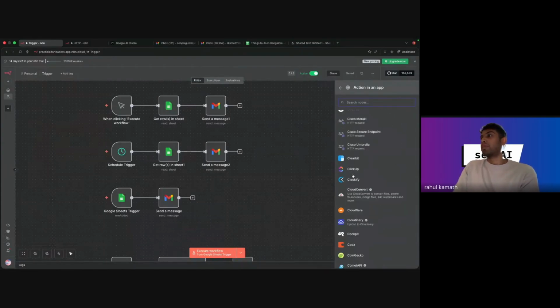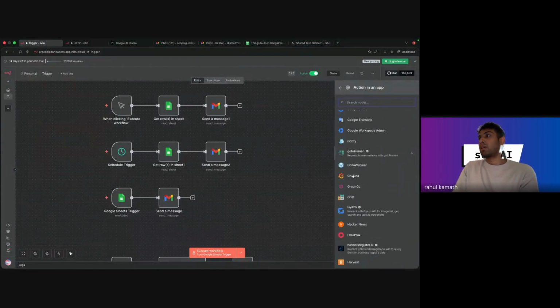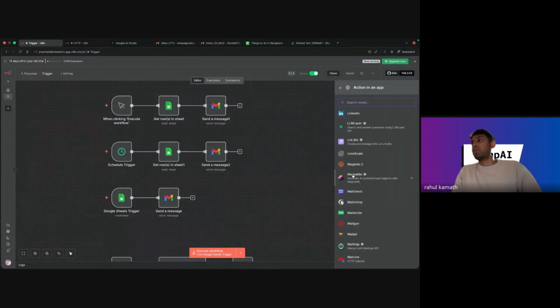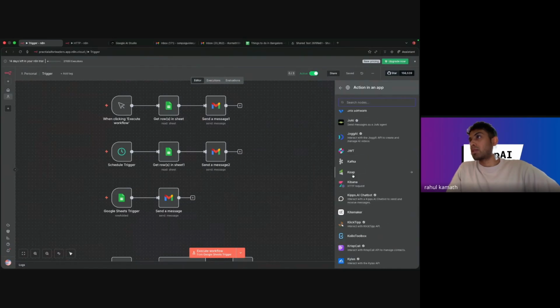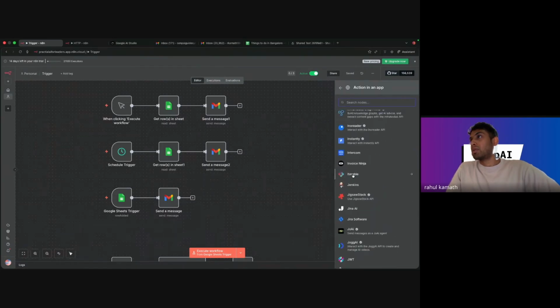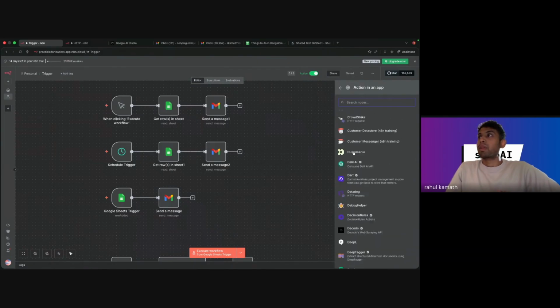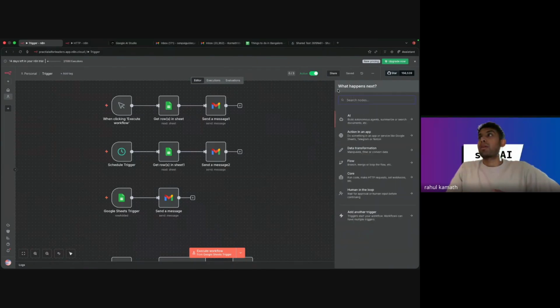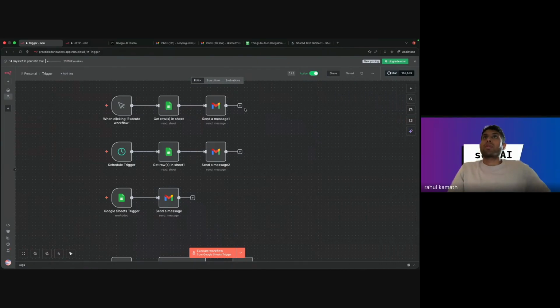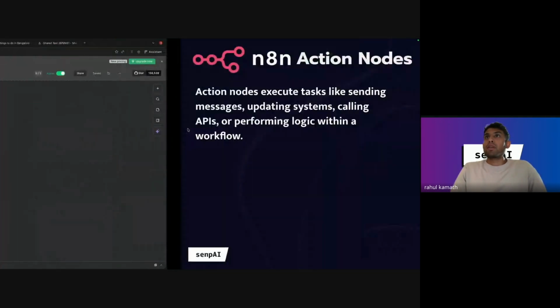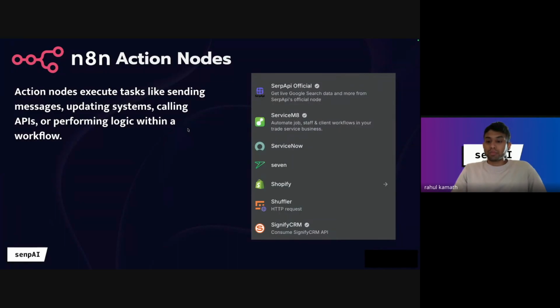You can see it has too many SaaS companies it has integrations with. Name a company and mostly it is going to be there. And even if it is not there, you can make a custom API call to talk to these external companies.